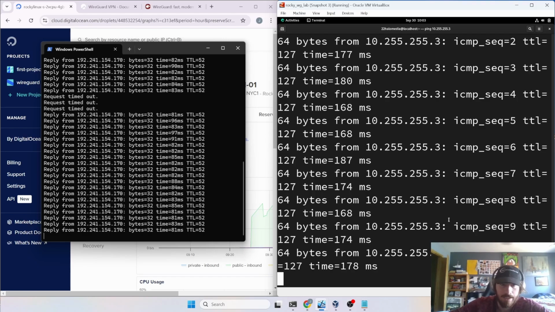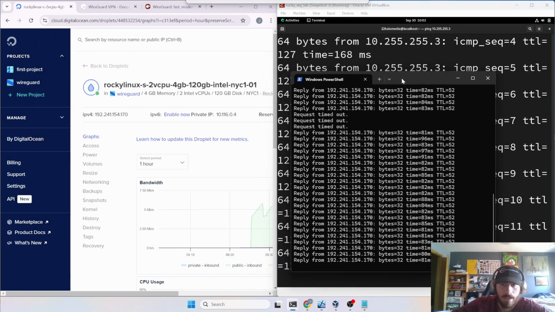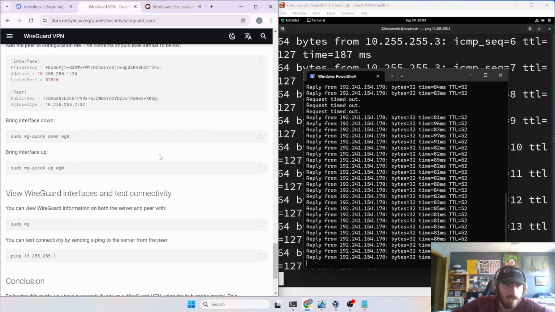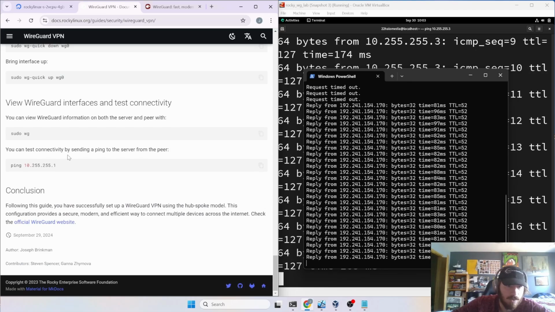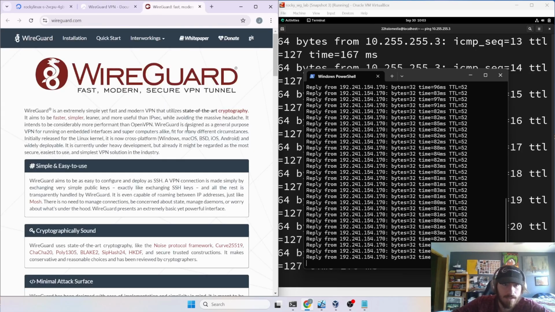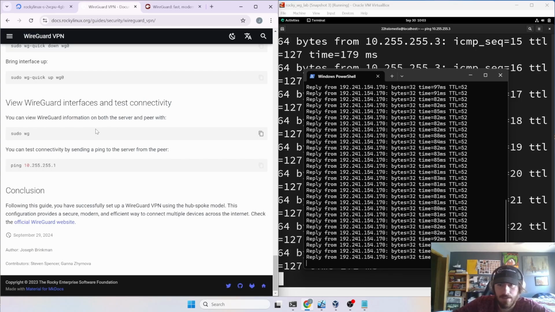So I hope you enjoyed this guide. It was a really quick, just introductory guide to WireGuard. You can visit their official website to learn more, and don't forget there is going to be a link for